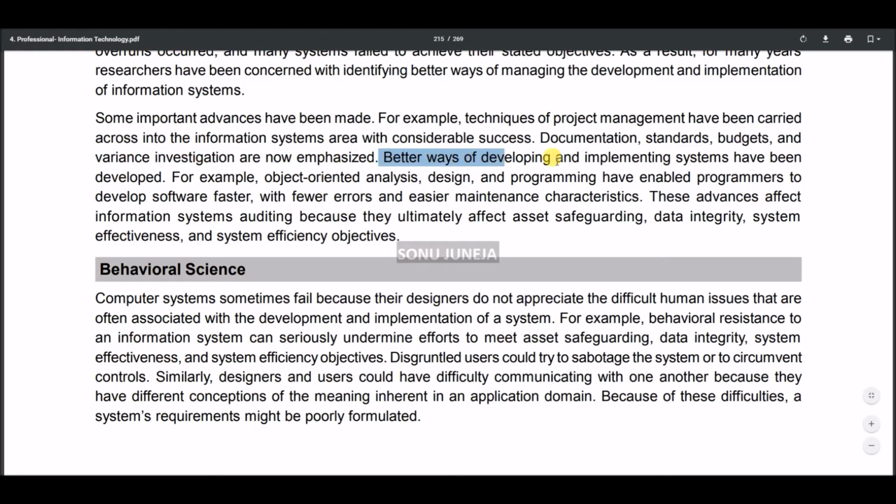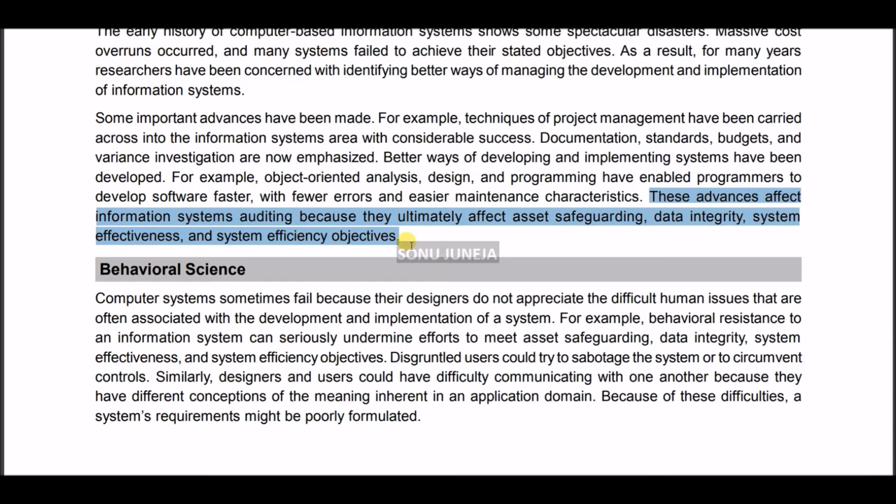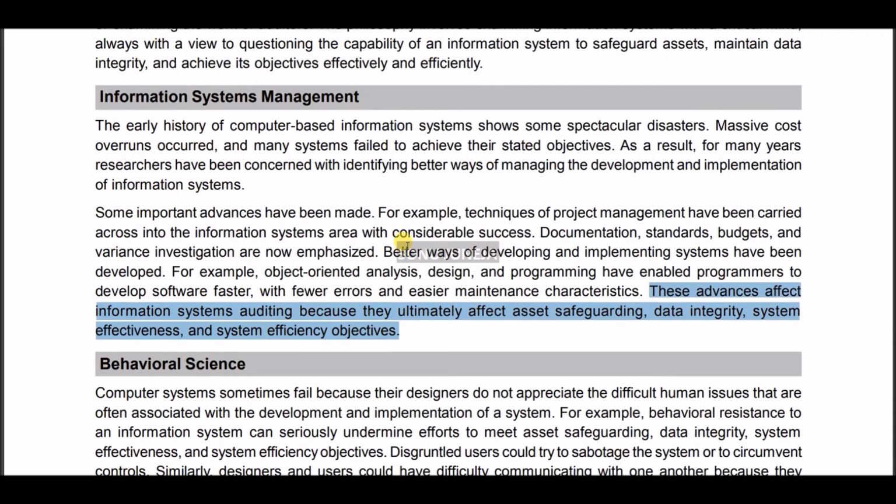Now, better ways of developing and implementing systems have been developed. For example, object-oriented analysis, design, and programming have enabled programmers to develop software faster with fewer errors and easier maintenance characteristics. Now, these advances affect information system auditing because the ultimate effect is on the asset safeguarding, data integrity, system effectiveness and efficiency objectives. So by the end of the day, if I summarize everything,